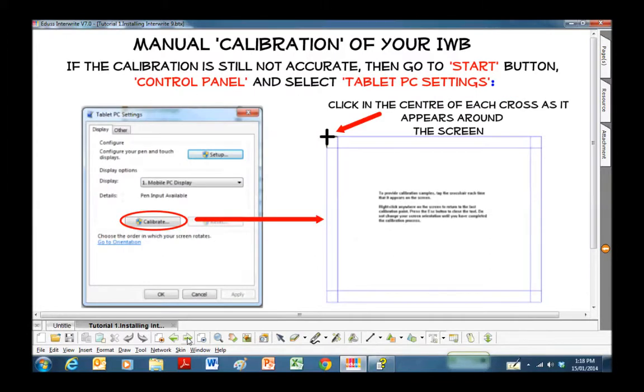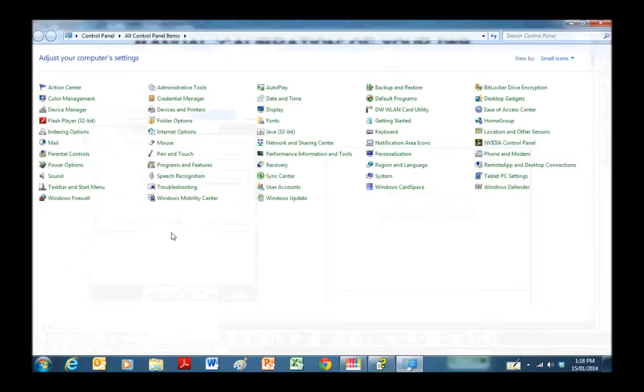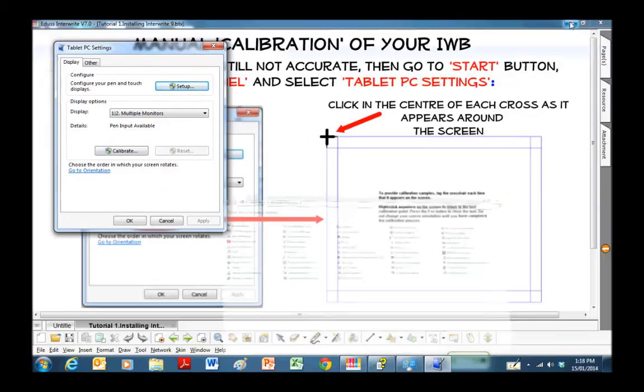If for some reason you find that the calibration isn't as accurate as you would like, then you are able to manually calibrate your interactive whiteboard. To do this, you would go to your Start button, go to your Control panel, go to Tablet PC Settings, and this window will appear. You need to select the Calibrate button, and then what will happen is your screen will turn white,